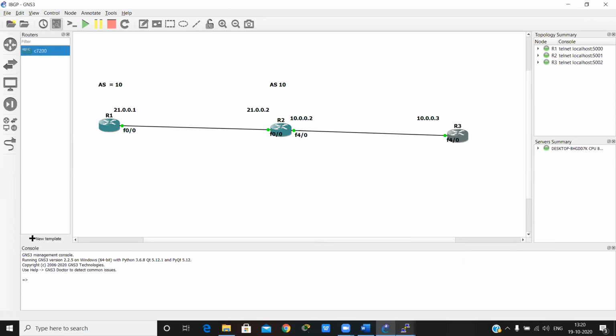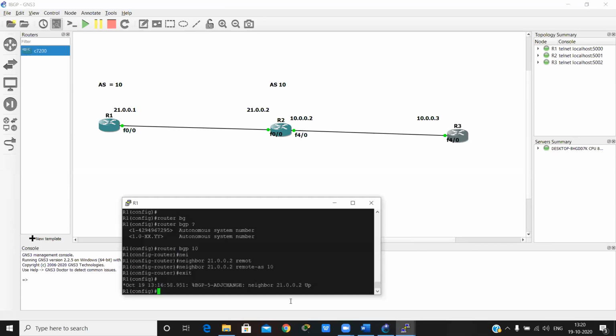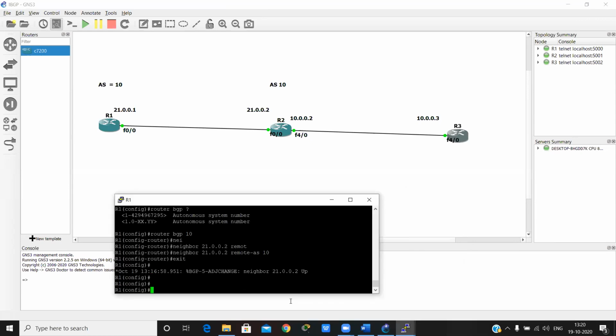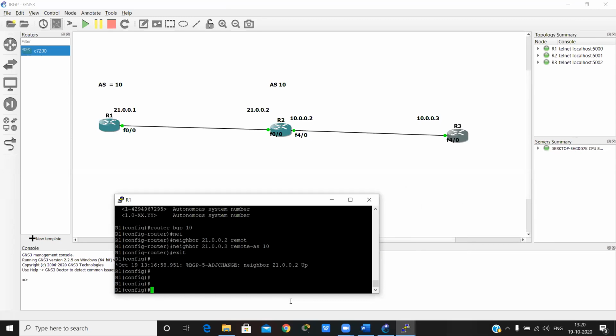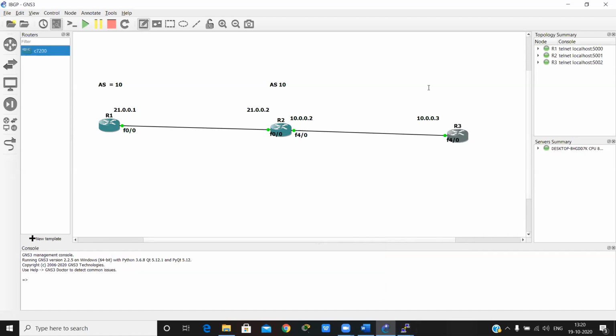Okay. So now go on router 1 and also configure BGP for the 10.0.0.3 network, because this time we use an IBGP indirect network, which means the AS is the same but the network is different.